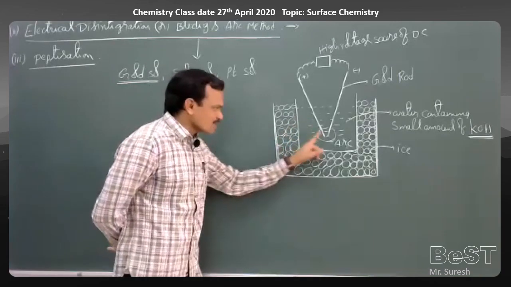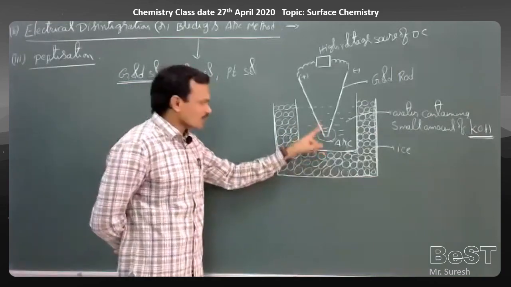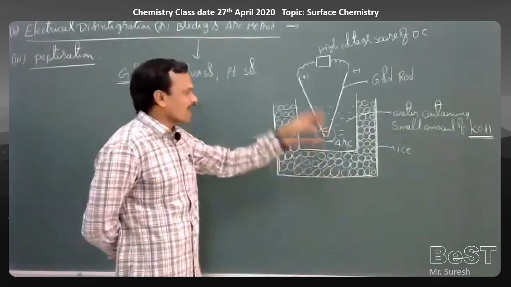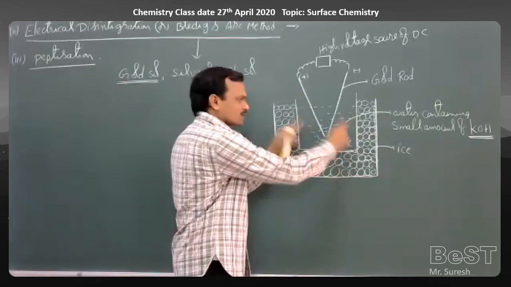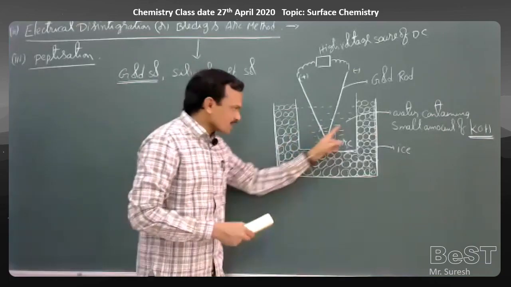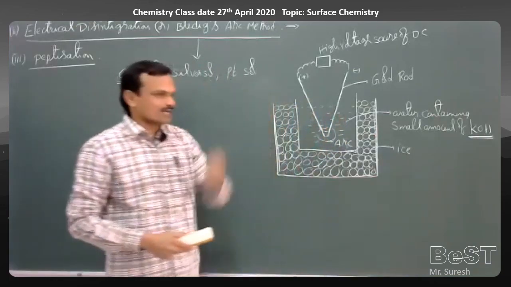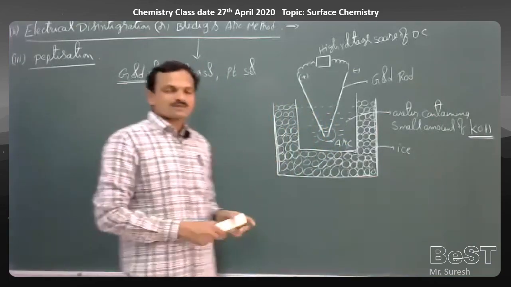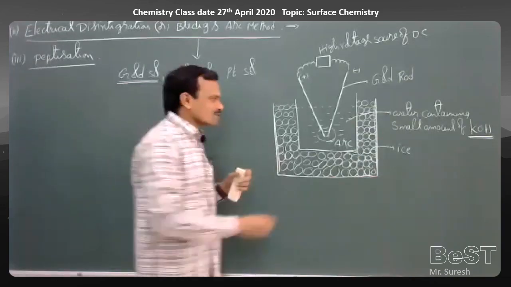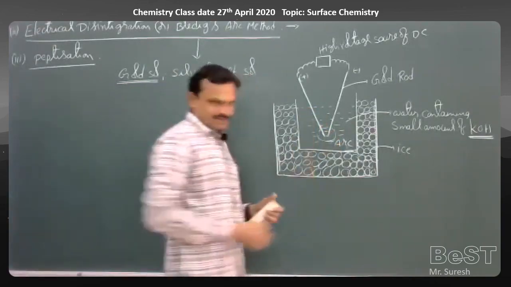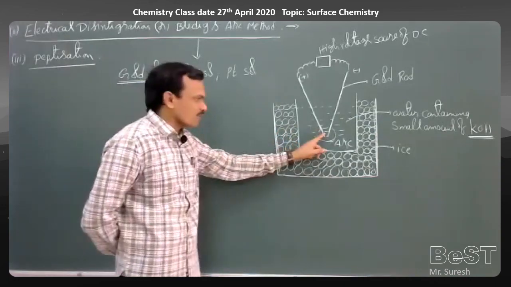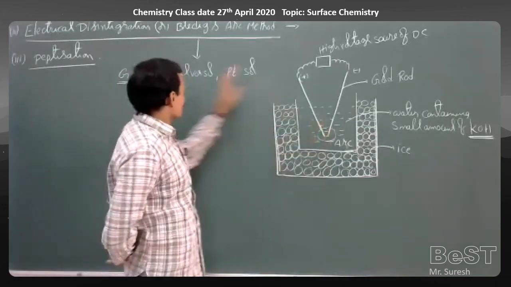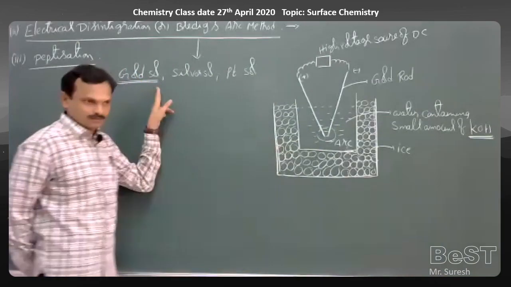The gold atoms that get vaporized undergo aggregation by losing heat to the surrounding water. The surrounding water absorbs the heat of those gold atoms. Then the gold atoms undergo aggregation and form colloidal sized particles. These colloidal sized particles get dispersed in water. As a result, we get a gold colloidal solution.